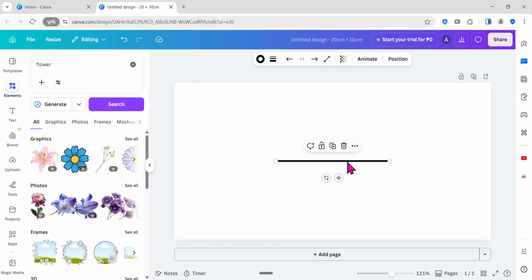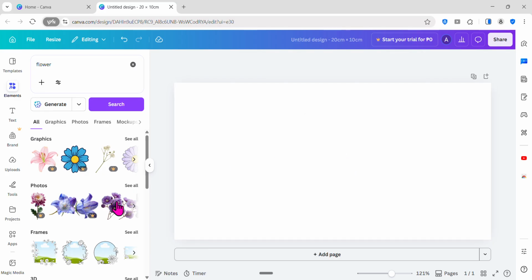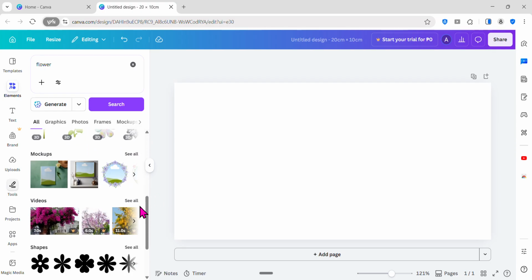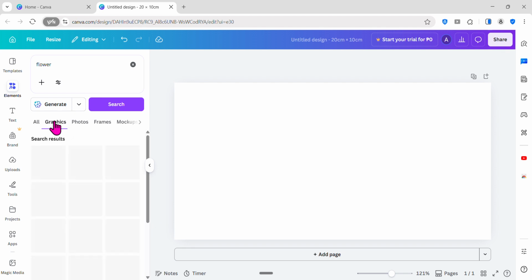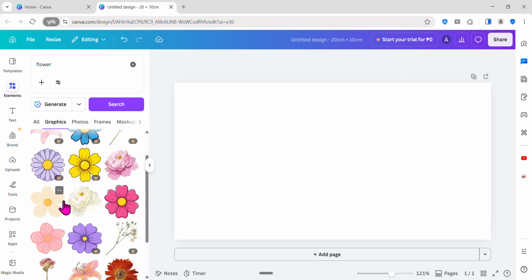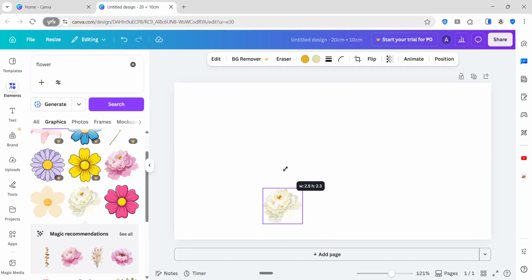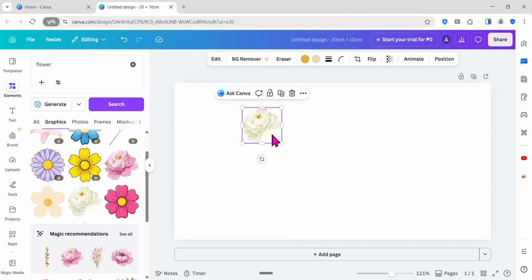Just delete and delete. So frames, and try going to graphics. Then choose your flower. If you want that, just like that. Here, click that. So now you know how to make a sticker.